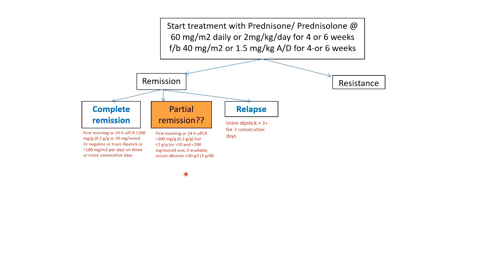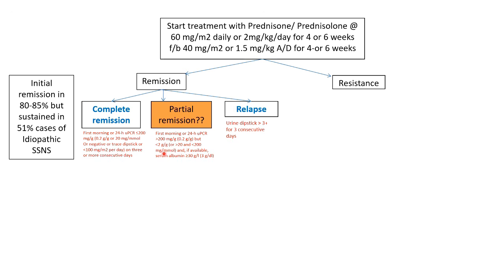However, the KDIGO fails to explain an approach to the management of these patients in partial remission, which is often seen in patients who have infection associated relapses or who are non-adherent to therapy. So a clear-cut guideline on this aspect is missing, and I request if anyone is very clear about how to manage these patients in partial remission, please do mention the same in the comment section below.